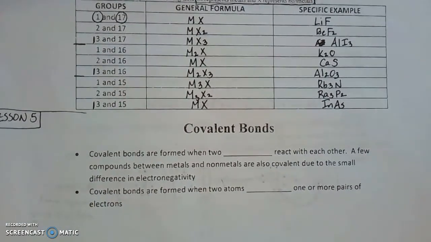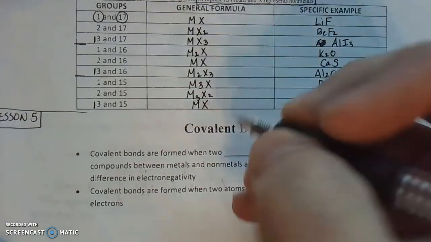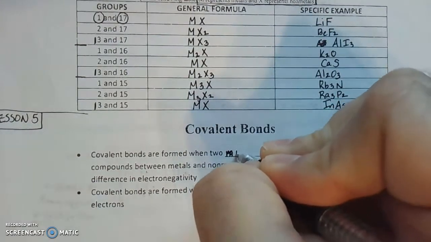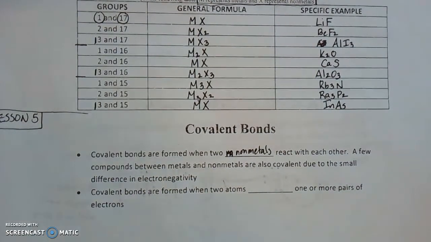So if you remember, the word that I asked you to remember with covalent was sharing. So when we deal with covalent bonds, it's usually when two non-metals react with one another. There are a couple exceptions, but we remember that our difference in electronegativity is less than 1.7. Metals don't typically bond with themselves to form covalent bonds, but non-metals will bond with each other to form covalent